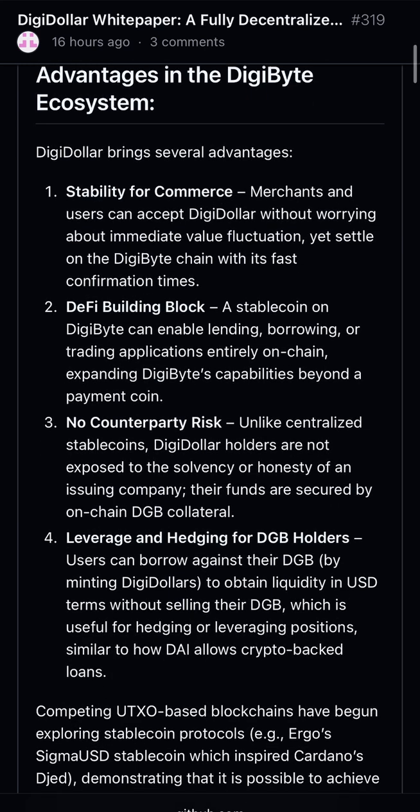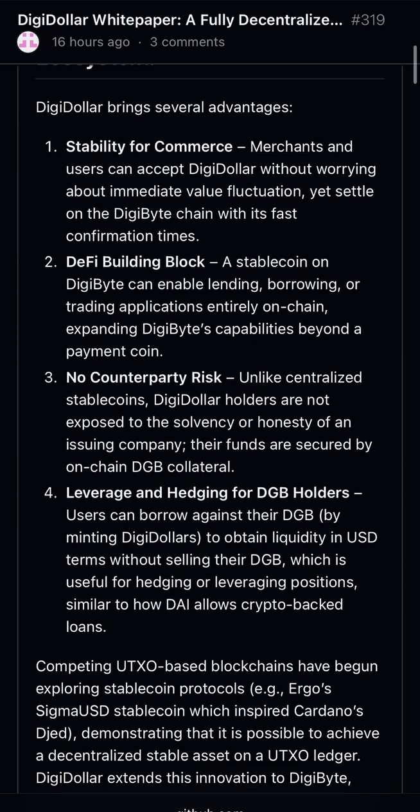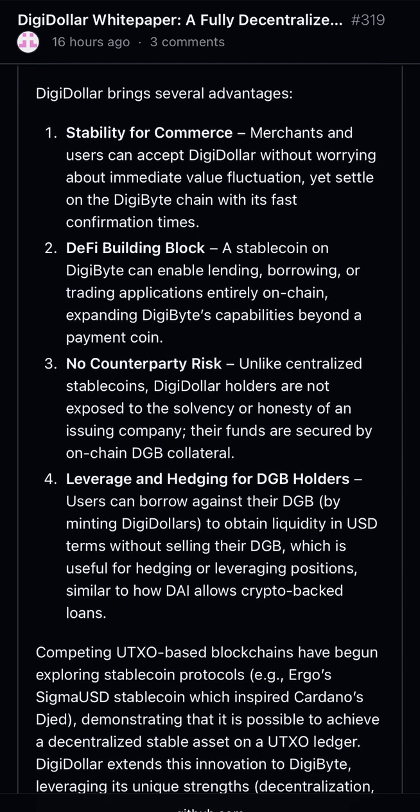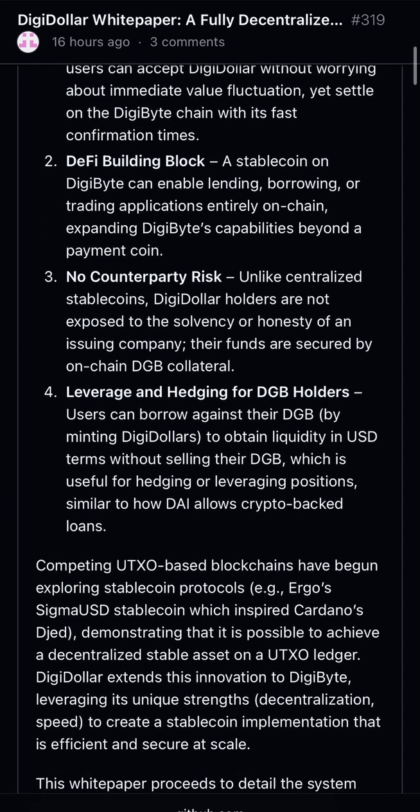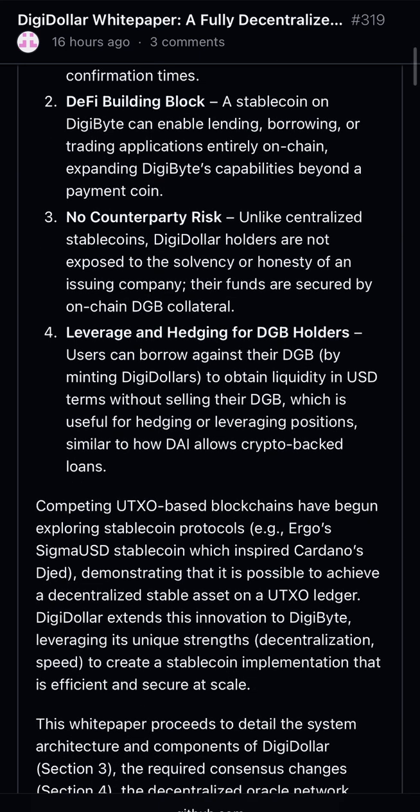Advantages in the DigiByte ecosystem. DigiDollar brings several advantages. Stability for commerce: merchants and users can accept DigiDollar without worrying about immediate value fluctuation, yet settle on the DigiByte chain with its fast confirmation times. DeFi building block: a stablecoin on DigiByte can enable lending, borrowing, or trading applications entirely on-chain, expanding DigiByte's capabilities beyond